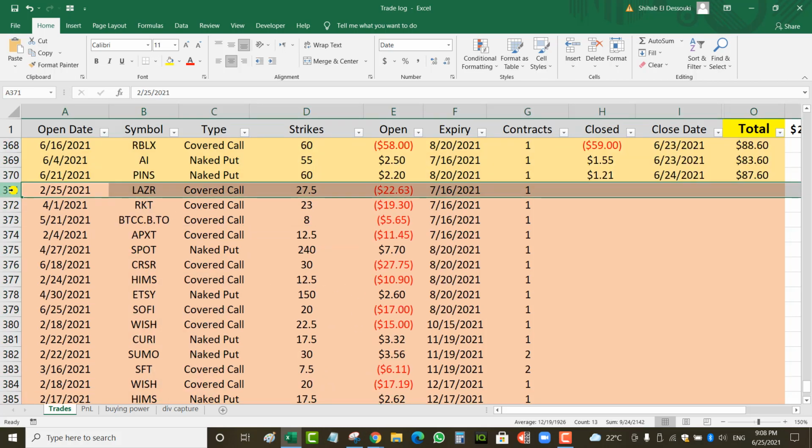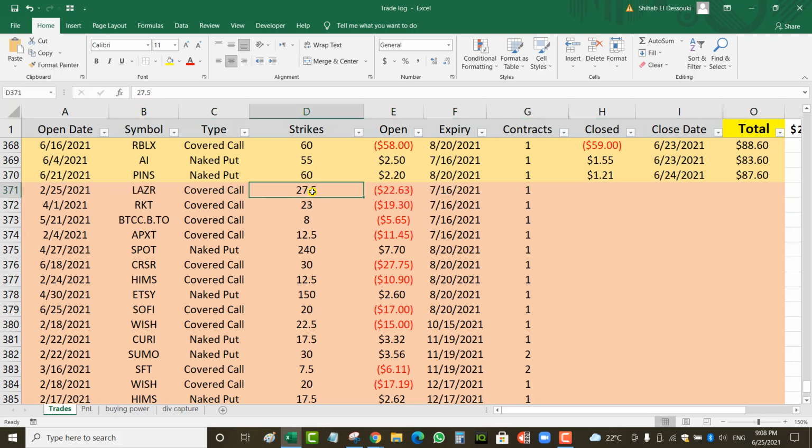I've got a covered call on Luminar, which is doing good. I could actually roll it from July 16 to August. Rolling it means I'd buy back the 27.5 strike and sell the same strike, but at an August 20th expiry, and I'd collect the difference in credit. So it would be probably around $1 credit. So I could do that. And by collecting $1,